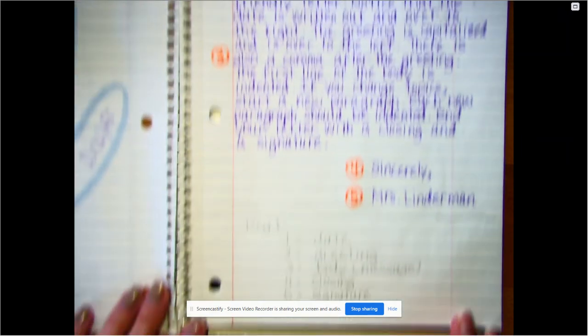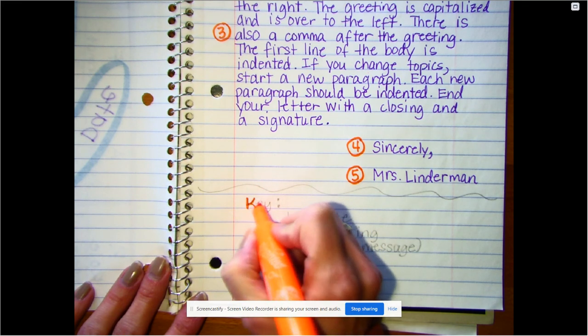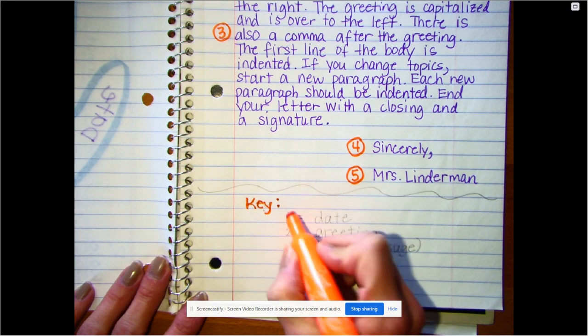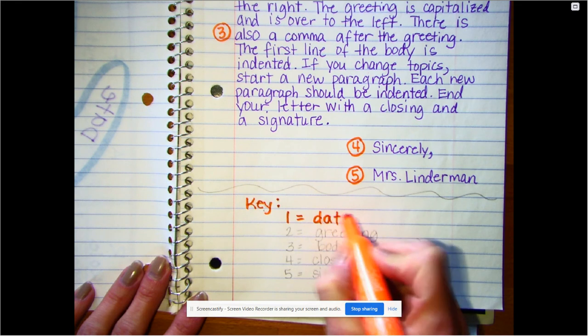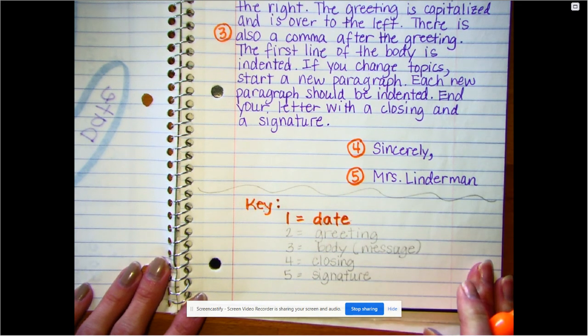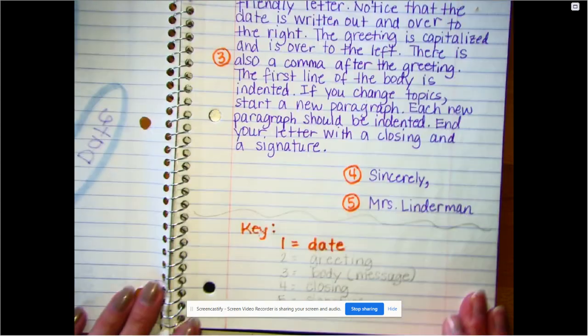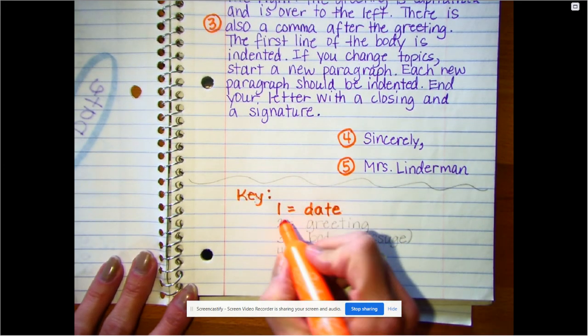I wrote a key, okay, and a key, just like in math or on a map, tells me what something means. So that number 1 is the date. So if I look for number 1 at the top, that's where the date is, okay, and you'll notice it's to the right side of my paper. Okay, number 2 is the greeting.